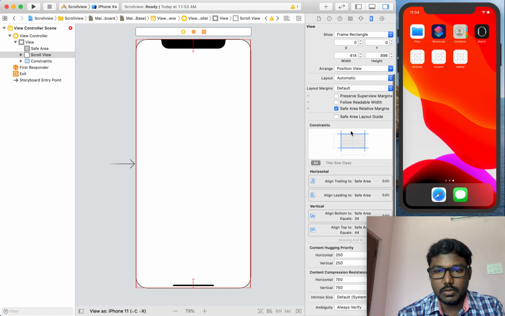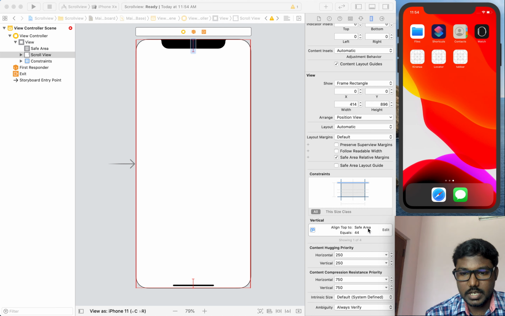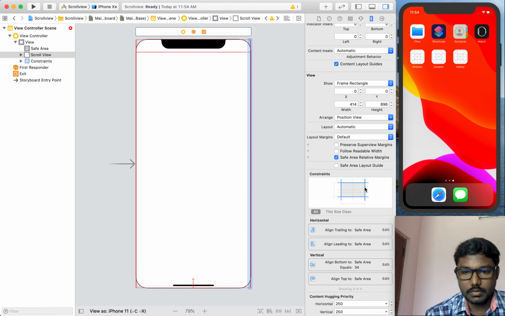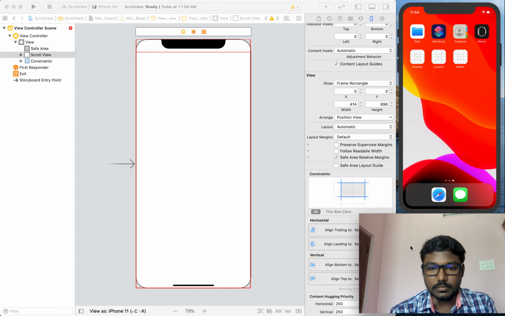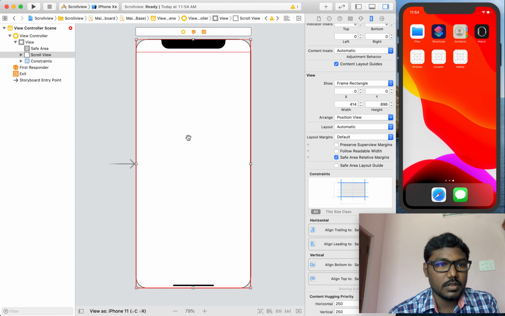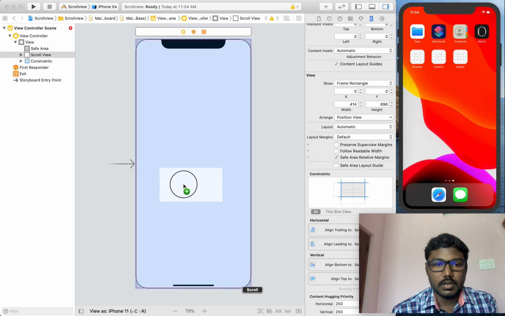Then you can change the scroll view things, like setting them as 0, and the safe area is also 0. Likewise, we can set it. Now I am going to add the content view, like a UI view,